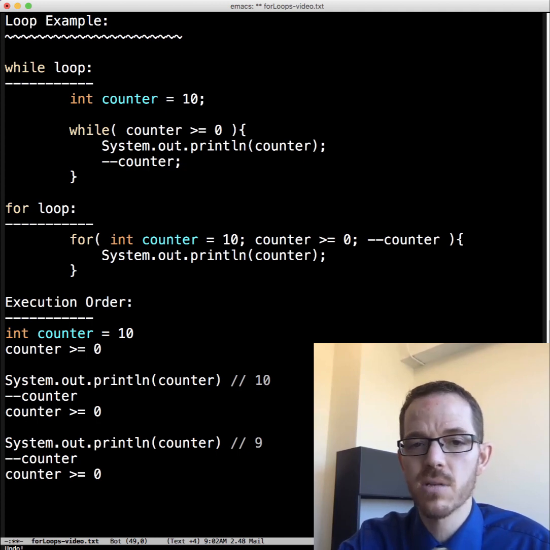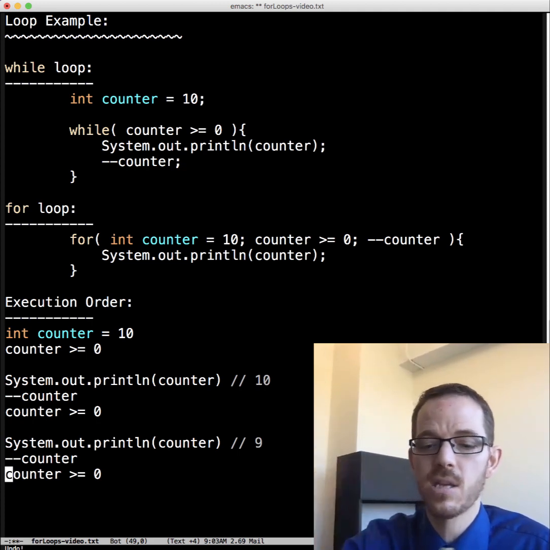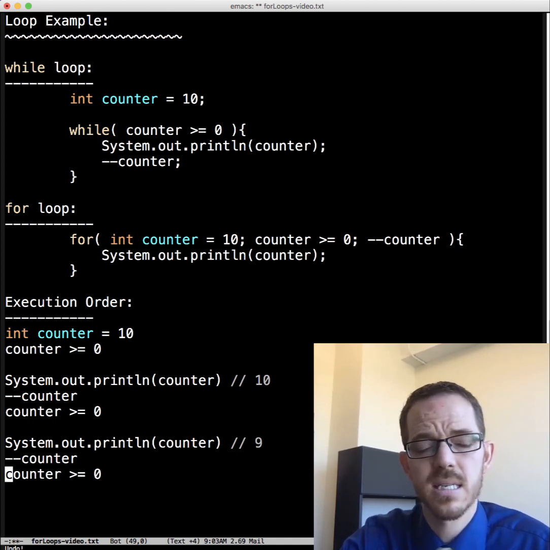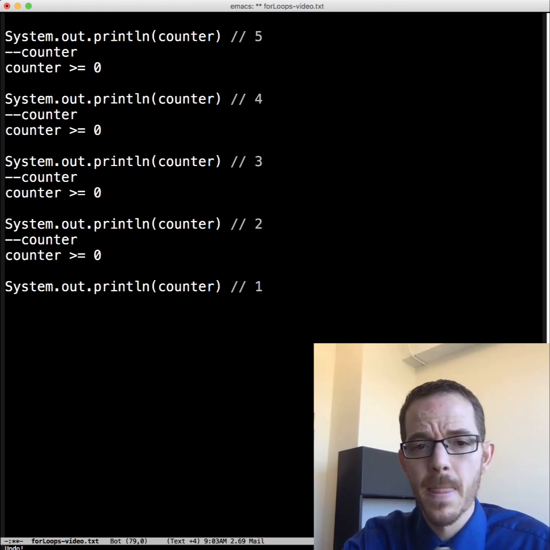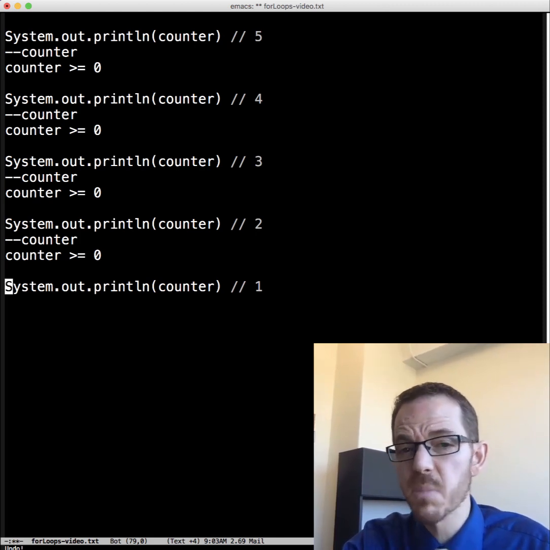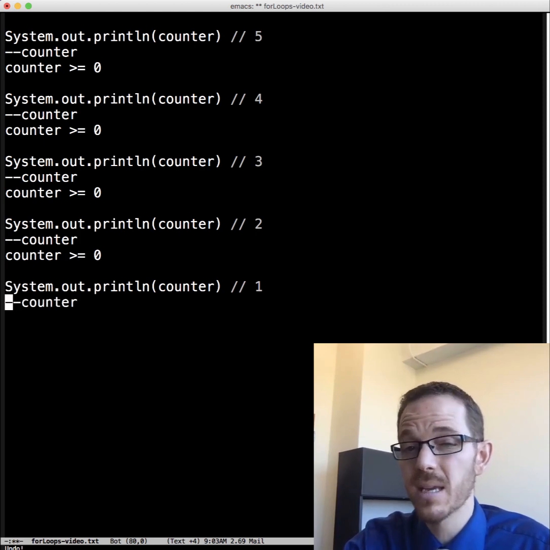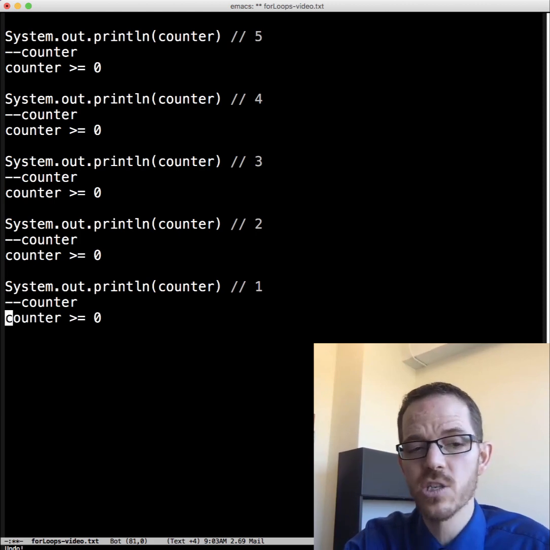Now I've spaced them out to illustrate that you always will do these three things. If you execute the loop body, you will do the update, and then you'll do the continuation criterion, so long as you don't have a break statement in there. And so we can go through this, or let me just do several at once. Now we jump down to where we display 1. Okay, so counter is 1. We decrement counter. What's the value of counter now? It's 0.